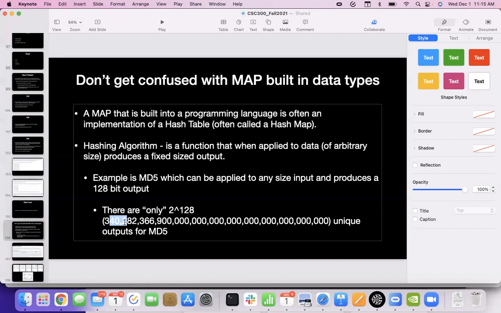So a hash map is a data structure that allows you to store stuff in an organized way. You could think of it like a linked list or something like that. You add a value to the hash map, and it applies a hashing algorithm to it. We don't have to care what kind of hashing algorithm it is. We just know that a hashing algorithm takes an arbitrary size input and produces a fixed size output. So it gets its output and then puts the value at that bucket of the collection,